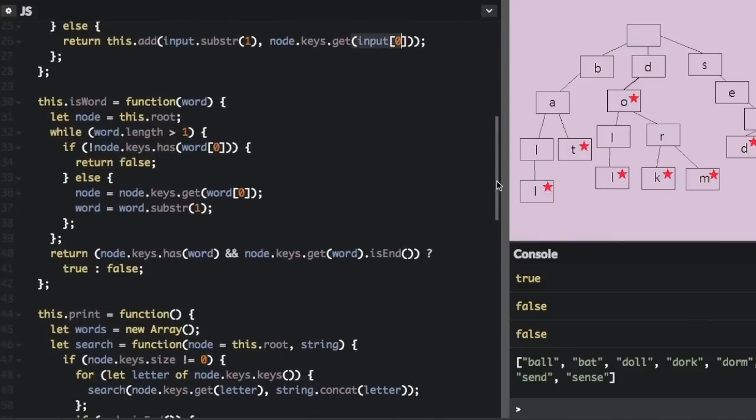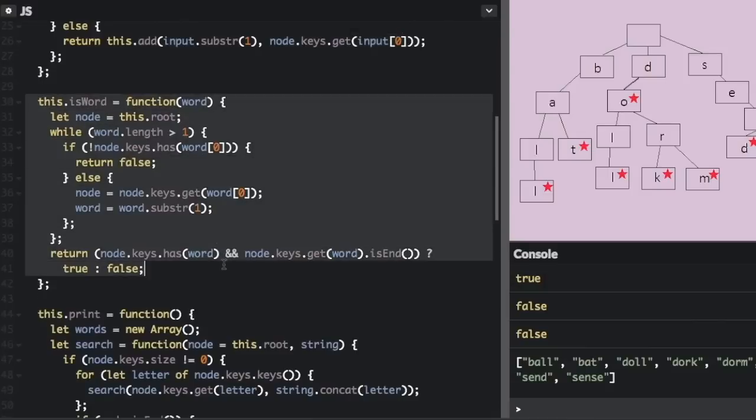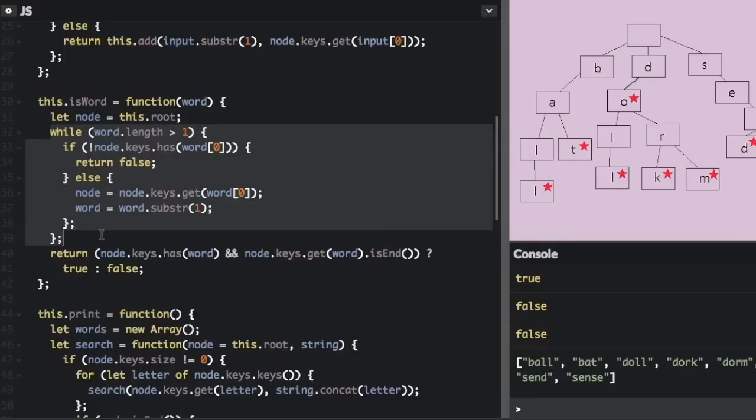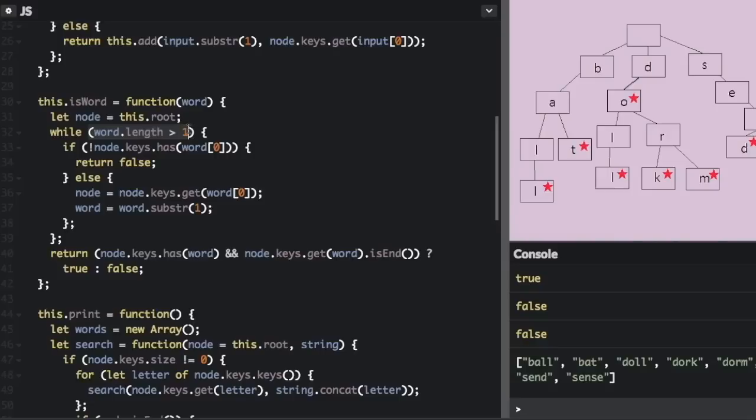And then down here, we're going to check if the word is in the trie. So this is where the trie really performs. You can check if a word is in a dictionary much quicker in the trie than other data structures, because we don't have to check through every word, we're just checking one letter at a time. So we're passing in the word, we're setting the node to the root node at first, and then this is the loop that we're going to keep running through until we find the word. So while word.length is more than 1, while there's more characters to search in the word that we passed in,